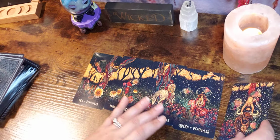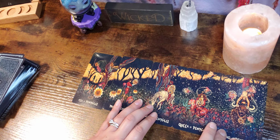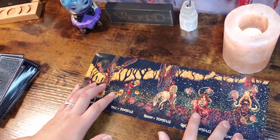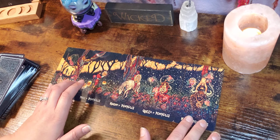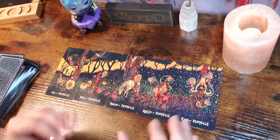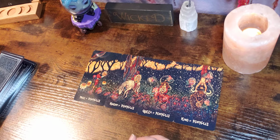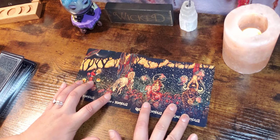And look at the story. Look at that. That is so beautiful. Let me move it down a little bit over here so you can see. That's absolutely beautiful. And it does give you a whole overview of, so let's just put these, the 10 of Pentacles aside. It gives you a whole overview of the court cards. That's absolutely stunning. I hope you can see